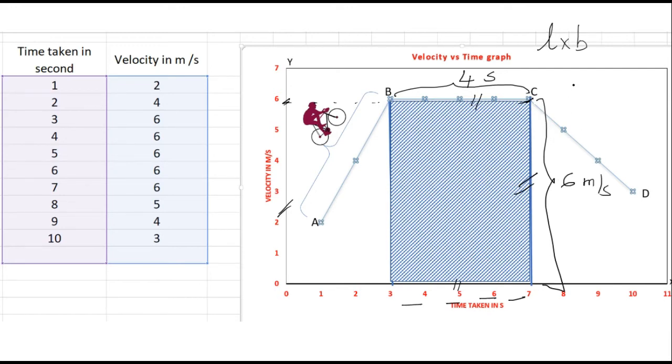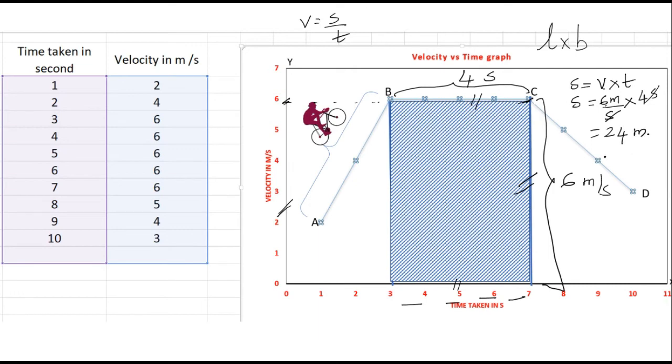And we know that a distance, I'll write S as a distance, can be velocity into time, right? You remember this formula, right? Because we have studied velocity is equal to displacement by time. So cross multiplication, you get V into T is equal to S. So S is equal to V, which is 6 meter per second, into 4 second. So this second goes, 6 4s are 24 meter.